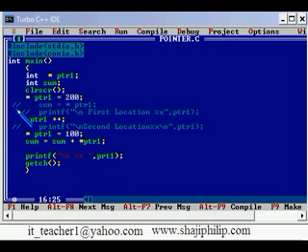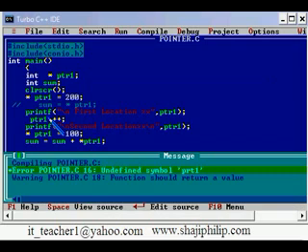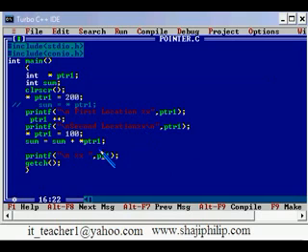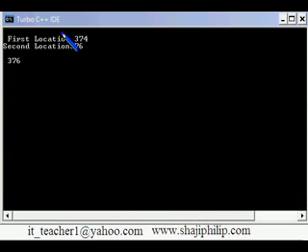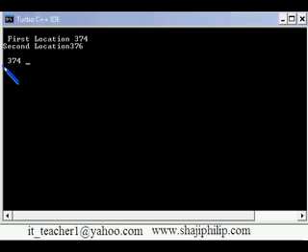Okay, if you want to see the previous values, it should be enabled. Okay, so somewhere something wrong. PTR1, I spelled it wrongly. Let me correct it and run. So first location is this, second location is this, and at present we are in the second location. Okay, let me try this way. Minus minus and run, control F9. So now it went back to the first position, first location.